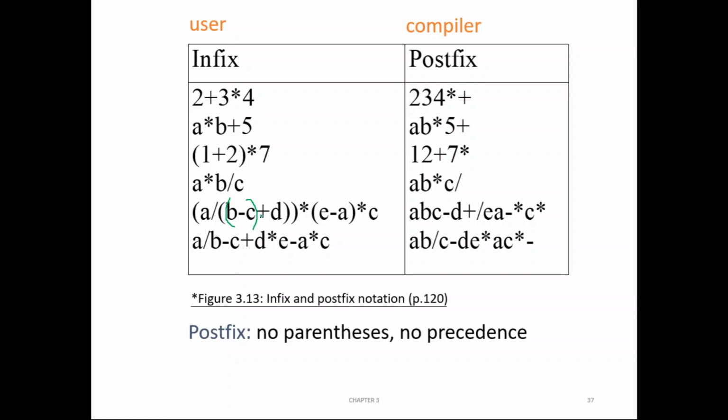So whatever you get here, B minus C plus D, A will be divided by that value. Okay, fine. Then star. So this result will be multiplied with E minus A.